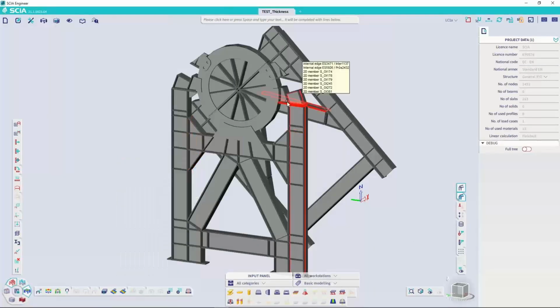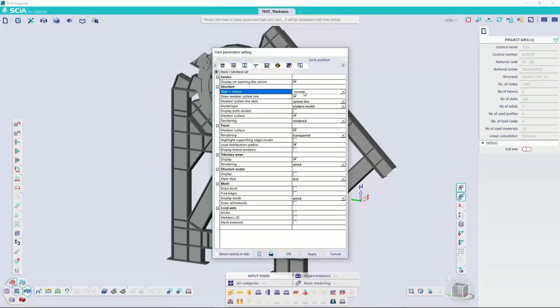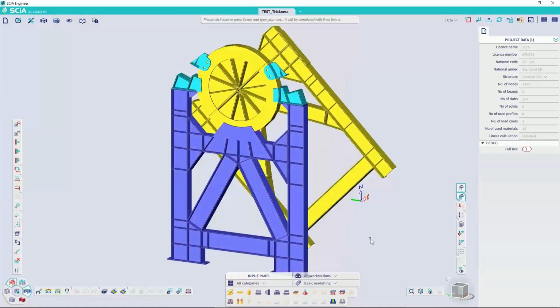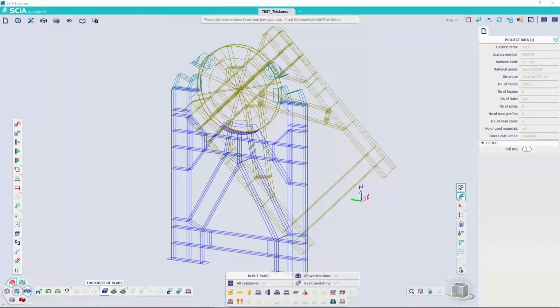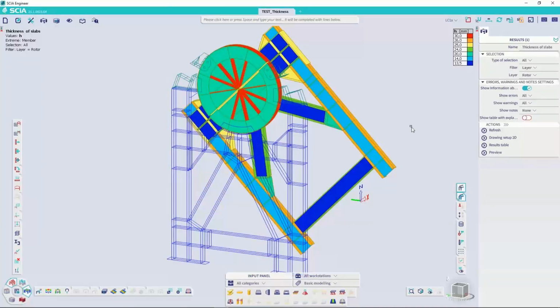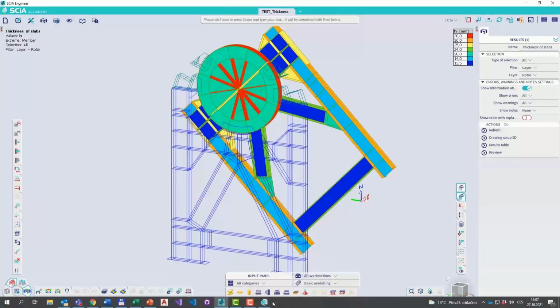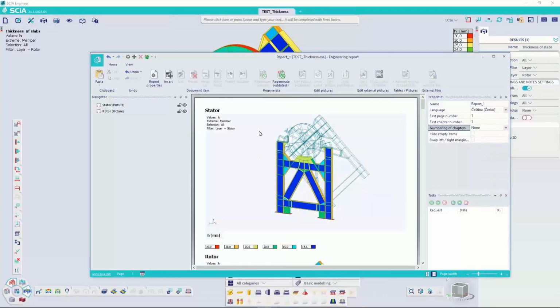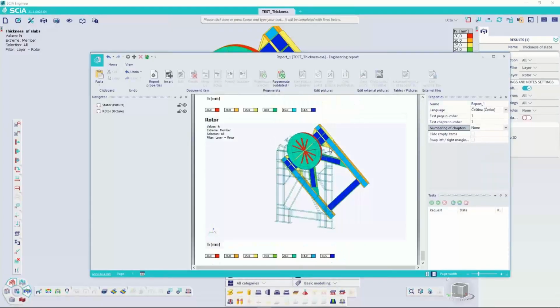Let's have a look how that works. So in SCIA Engineer, let me just adjust the view. I have a few different layers on this structure, which is modeled out of 2D elements as being too massive to model by beams. I can run the 2D command thickness of slabs. There are typical settings like filtering based on material or based on layer. So you can use these, and any of these images then can be sent to the engineering report for clear documentation